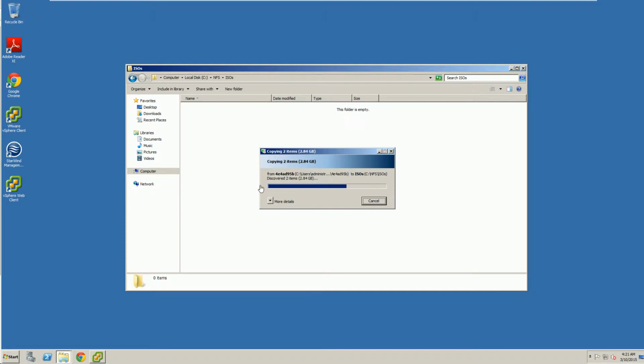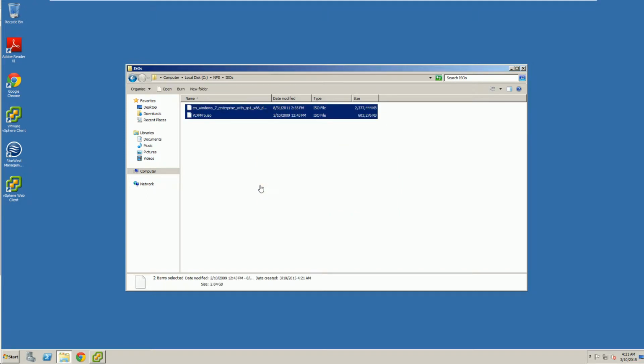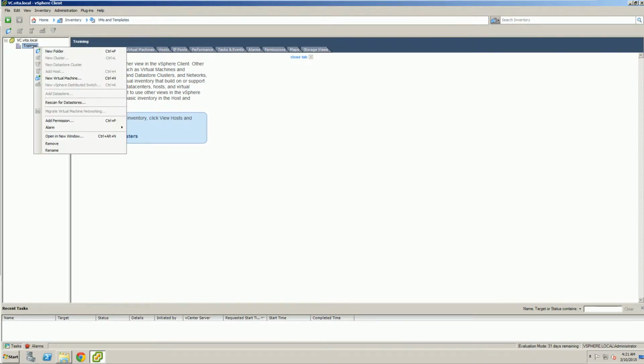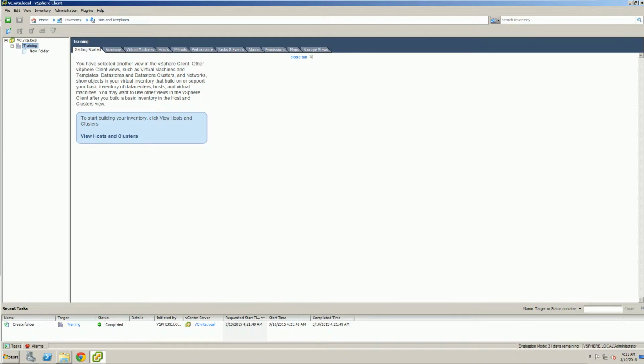And once they are copied, we're going to go ahead and log into our vSphere client. You can do it either through the web client or the desktop client, it doesn't really matter. But once we're there, I'm at our VMs and templates. We have to make a few folders under this area, so it's just easier to do it under VMs and templates. I'm going to be creating 2 additional folders, one folder called